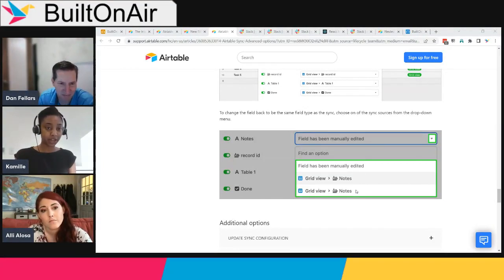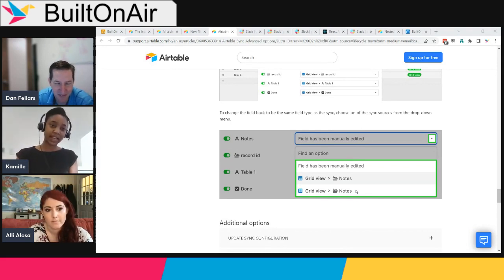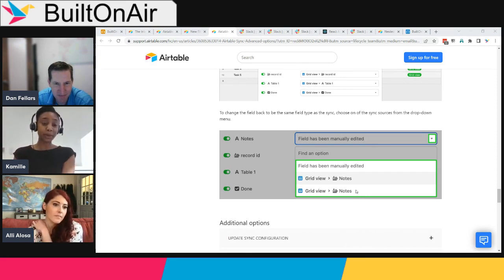It will not let you change a sync that has already been done. So anytime you create a new synced table, you could make that adjustment. I did test it directly from your origin table, where there's an option that says sync this view to somewhere else. If you do it from there, it's not going to give you the advanced options you need to say, okay, now pick this one as my primary field. So it's going to make that source, and then you won't be able to change it later because, like I just said, once it's there, you can't change what the primary field is. So